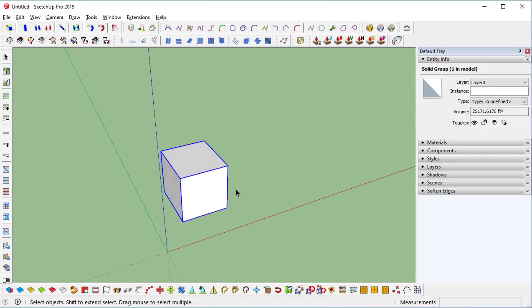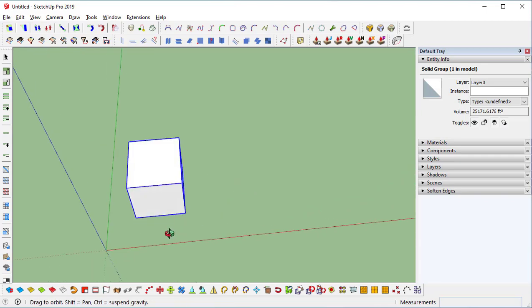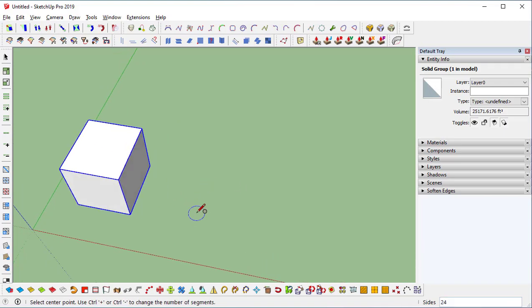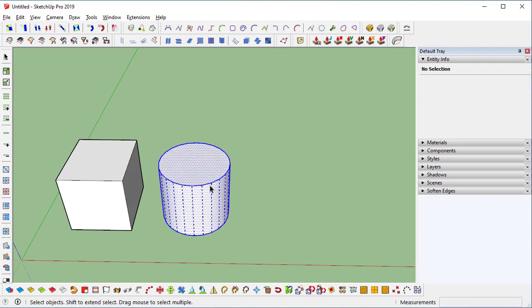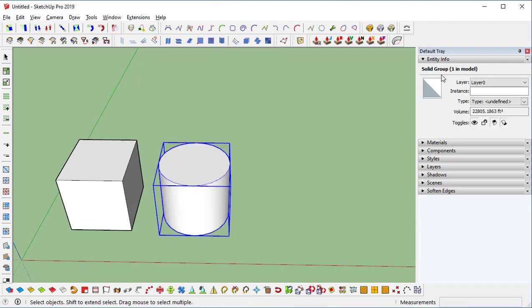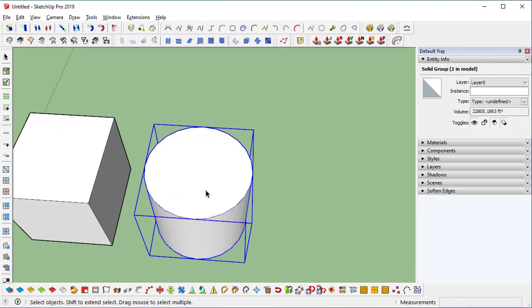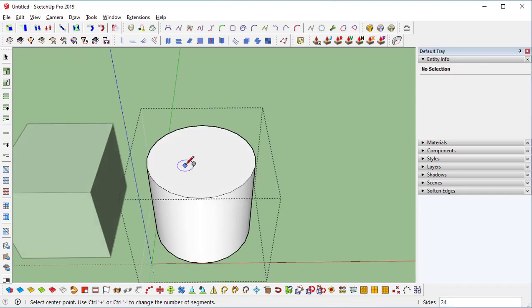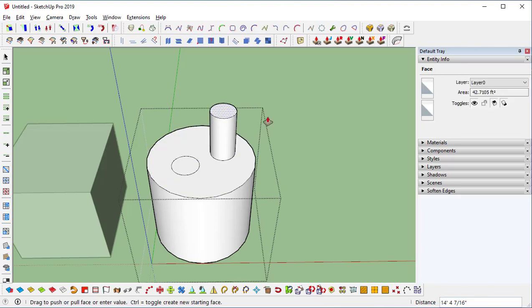For example, you will face some complications. I will show you those complications too. I have created a circle component like this, and I pulled it and made it a group. Again, this one is also a solid group. See, no matter how complex it is, I have created two objects like this and I just pulled it.